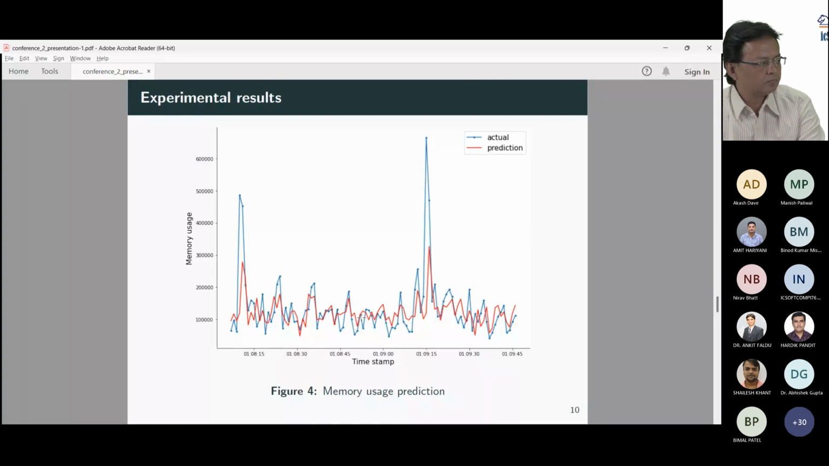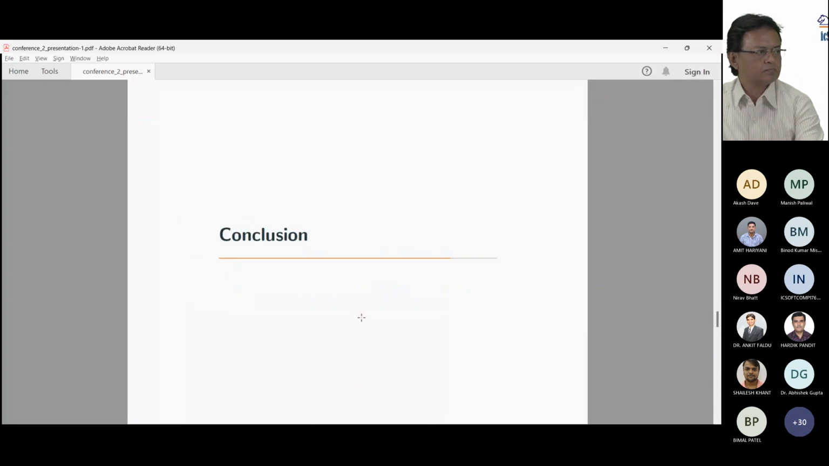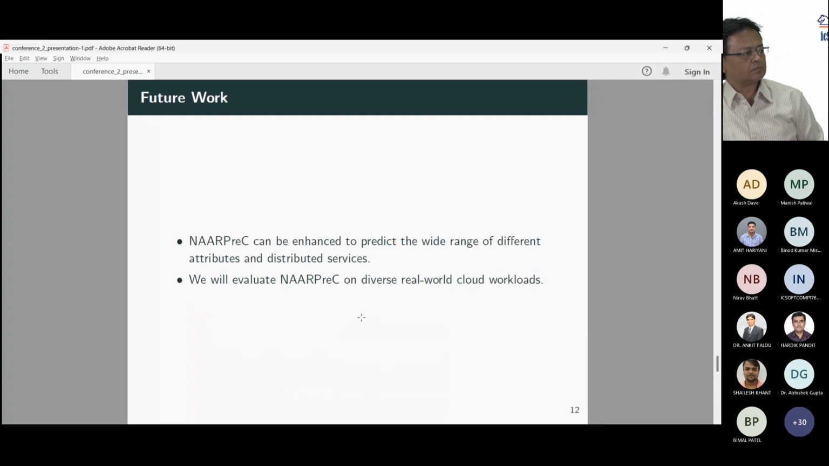From these experimental results we can say that the model is able to follow the trend in the given input data and accurately predict the result. So here we have targeted the seasonality and irregularity in task patterns, and we are able to attain 90 percent accuracy. So in future we are trying to improve our model, and we will also be evaluating this model